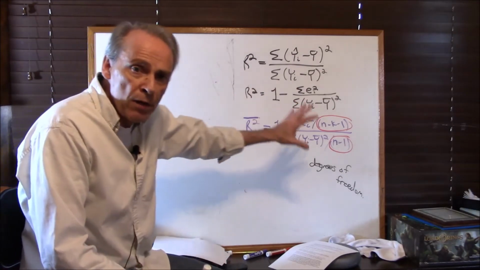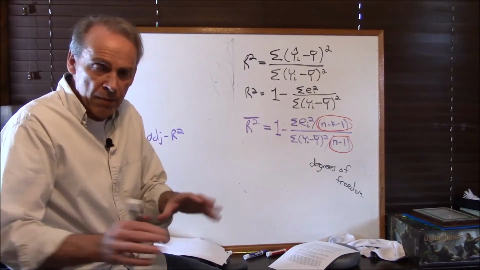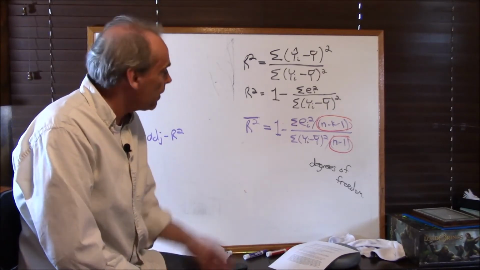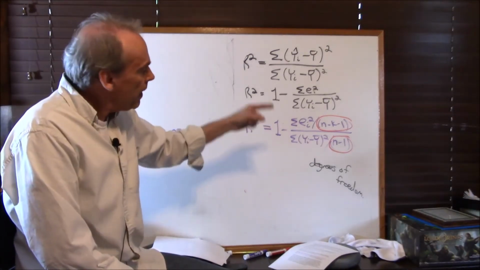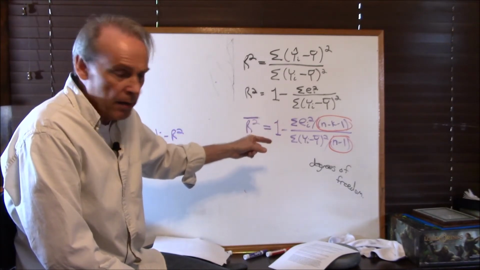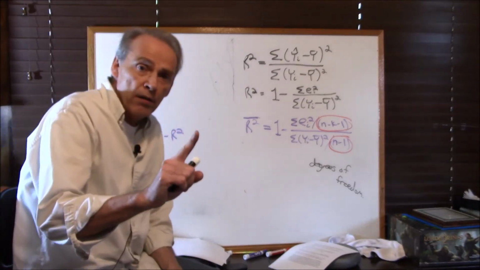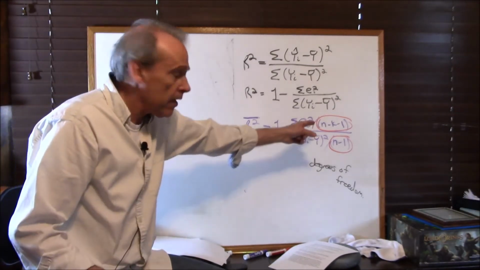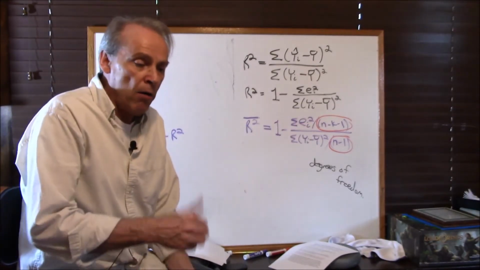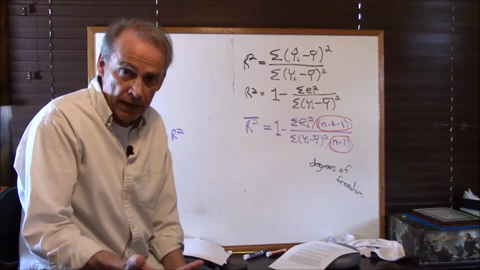But let's just focus in on the k for a moment. All right? And then I'm going to back off and explain degrees of freedom more clearly in just a moment. But look at the K for just a minute. That's the number of explanatory variables in your regression analysis, right? So if I have 1, just the hours of study, then K is equal to 1. If I have hours of study and hours of sleep, then K is equal to 2, and on like that.